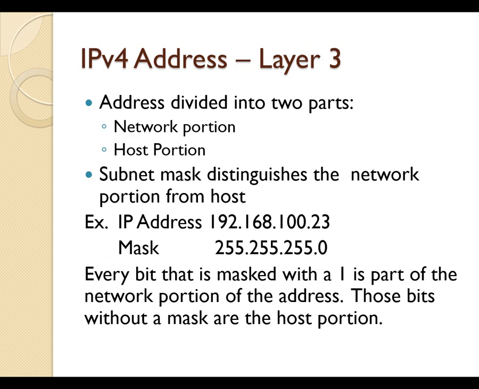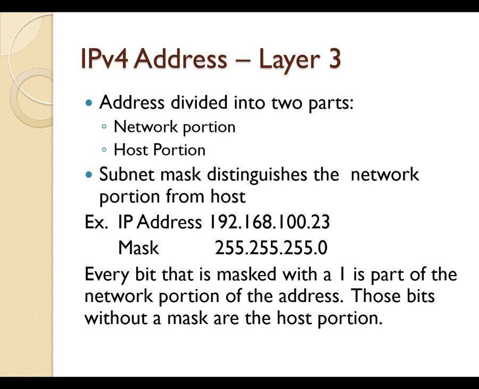The IP address is divided into two parts. It has a network portion and a host portion. The network portion is distinguished from the host portion through the use of what we call a mask, a subnet mask or a network mask. If you look at the example, we have an IP address of 192.168.100.23, and we have a mask of 255.255.255.0. What the mask does is, every place in the mask that has a 1,